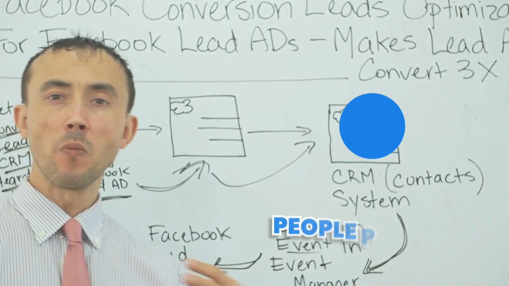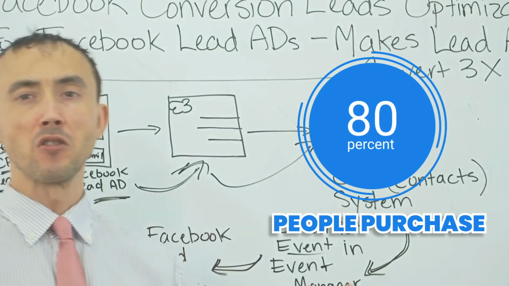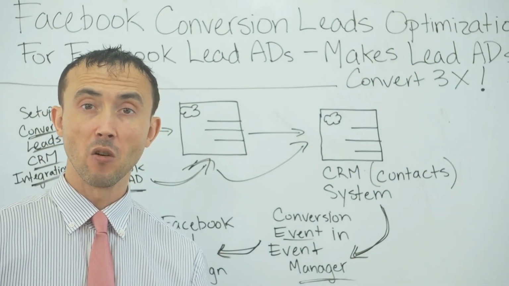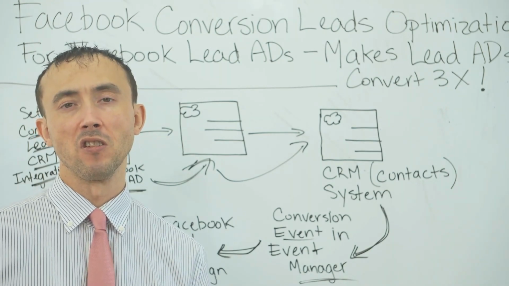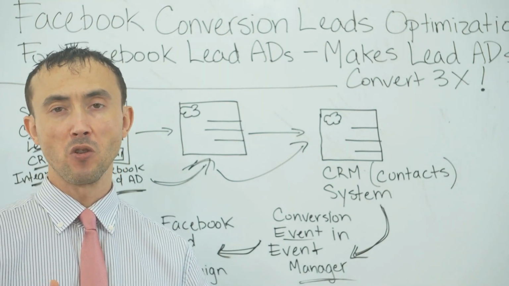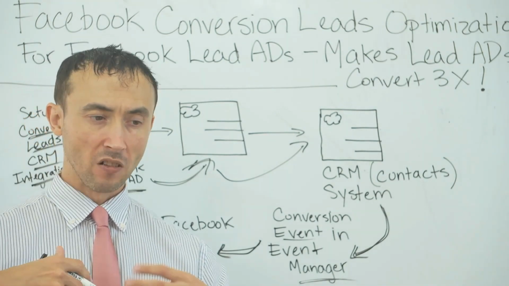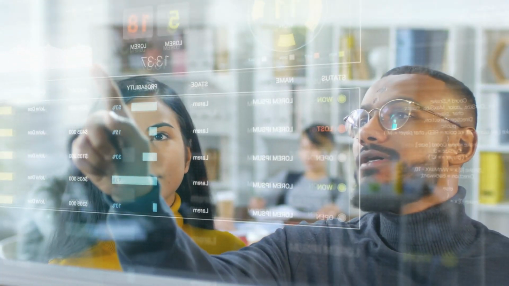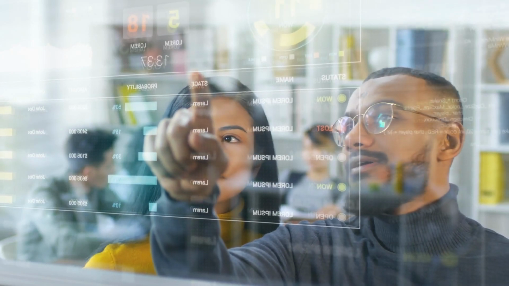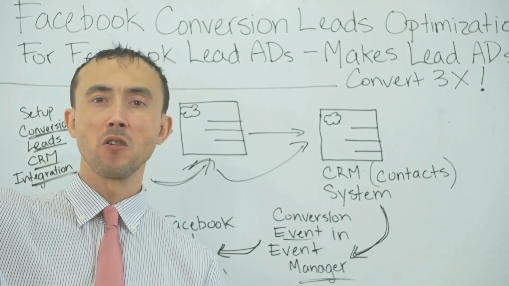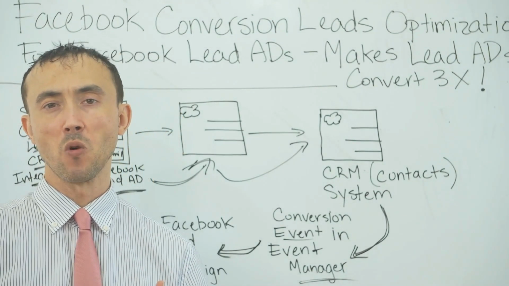Naturally, if 80% of people purchase within the first 30 days of becoming a lead or submitting your lead form, you're going to want to have the system optimized for purchases. If less than that convert within the first 28 days, you want to optimize for leads that are marked qualified, because the system's going to get you a better outcome optimizing for qualified leads in that case than it would with purchases, because too many of the purchases occur later on